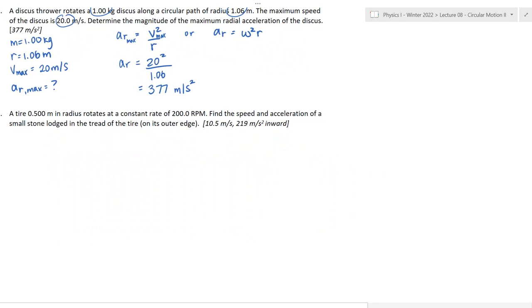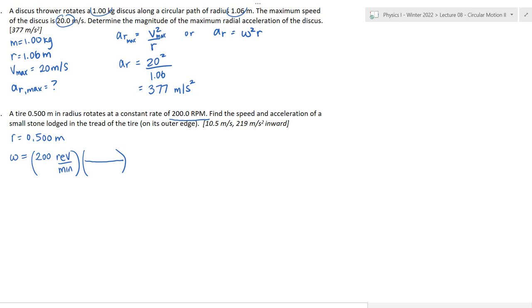A tire with a radius of, so I'm going to write down what we know. The radius is 0.5 meters. It rotates at a constant rate of 200 RPM. So what variable is this? Revolutions per minute. This is our omega, but the units are a little bit different. 200 revolutions per minute. Remember, the units for omega should be radians per second, so we just need to convert